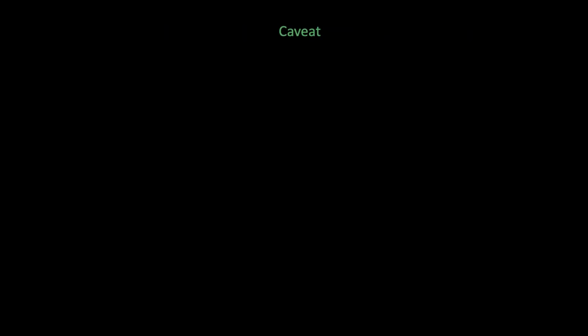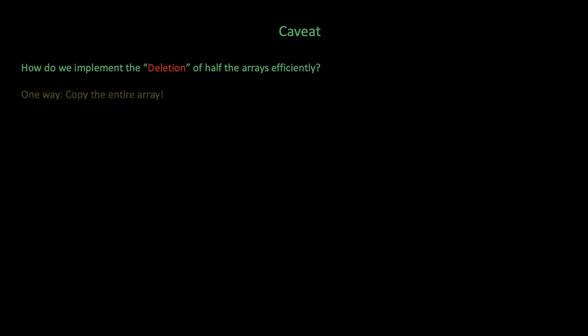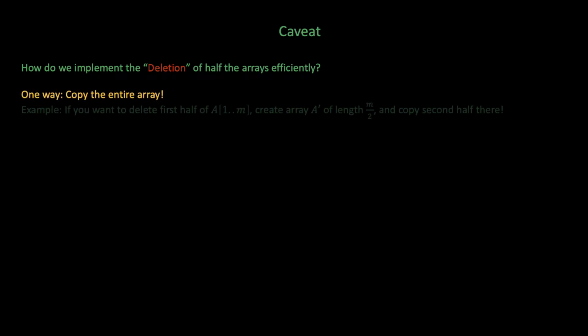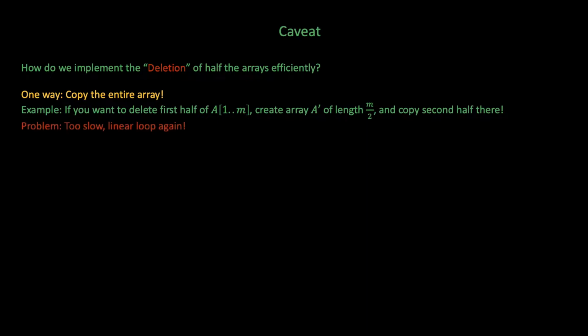However, there's still a small problem that I've been leaving out till the end. How do we delete half the arrays efficiently? One way we can do is to copy the entire array. For example, if you want to delete the first half of A, we create a new array, A prime, of half the length of A, and copy the second half of A into A prime. However, this would be problematic because we would have to do a linear loop again, which we already said was